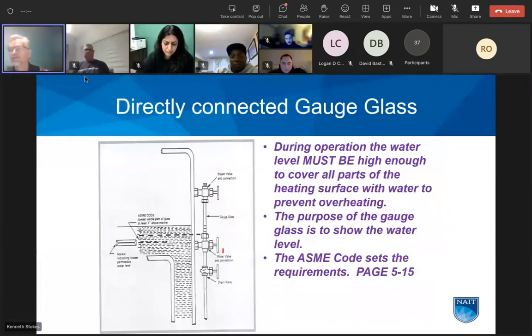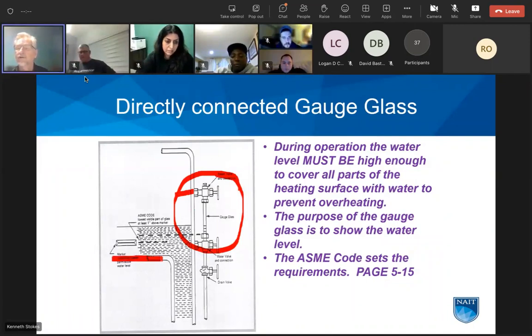Directly connected gauge glasses. So we looked at some gauge glasses and water columns before. So here's a gauge glass directly on the shell of a firebox boiler, I guess this would be. The gauge glass should be located to ensure we always have enough water above the lowest permissible water level. So there's a marking on the shell that says never go below this level. This is the lowest that you can ever go,